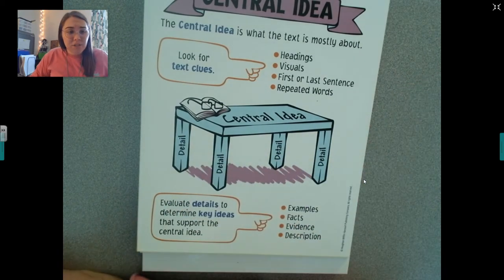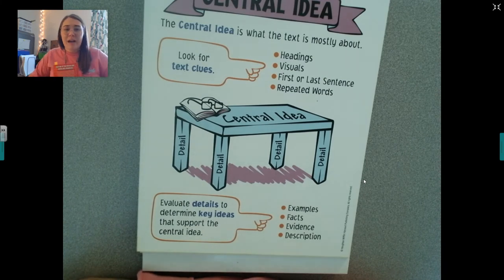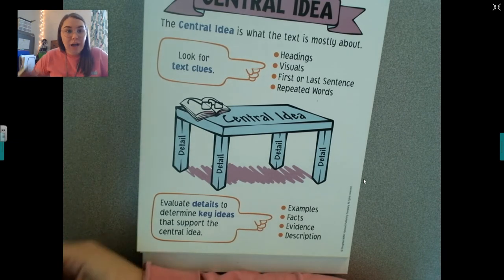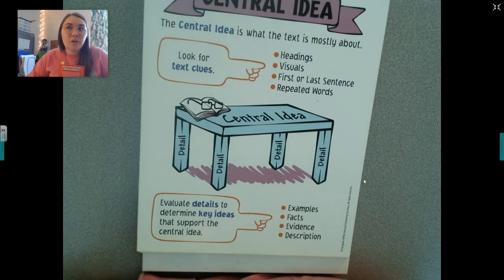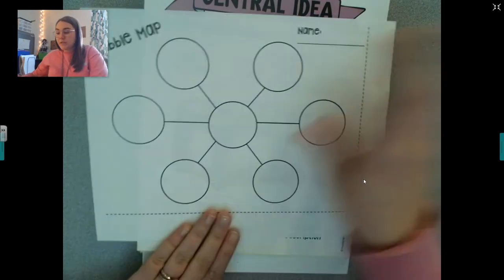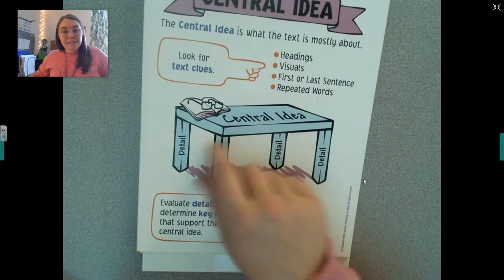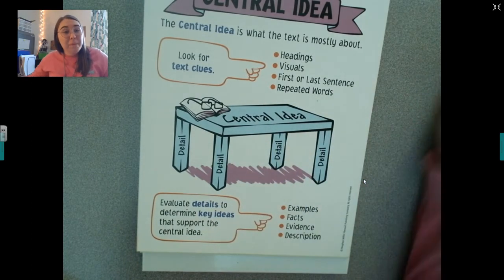Well, same in the passages that you read in your STAR test. They have central ideas. Now, you recently took a benchmark. There was one about honeybees, if you remember this one. I want to say it was honeybees and bats. So that would have been a nonfiction passage about honeybees. The central idea would be that. And then all your bubbles around it would be all the different facts about your honeybees. Or your tabletop would be bats and all the facts that they gave you about the bats.